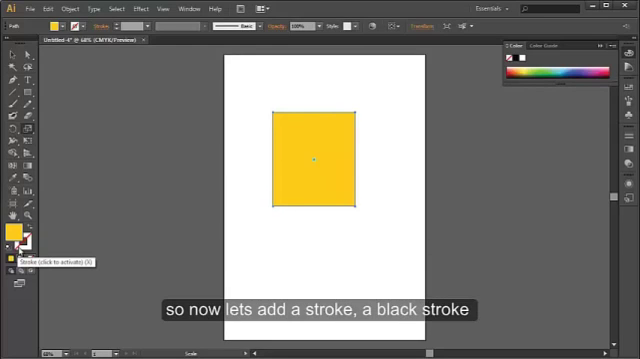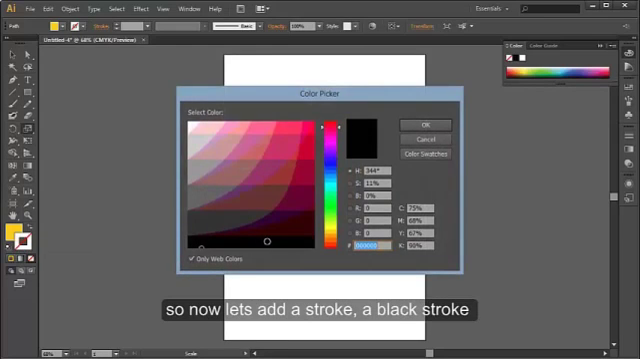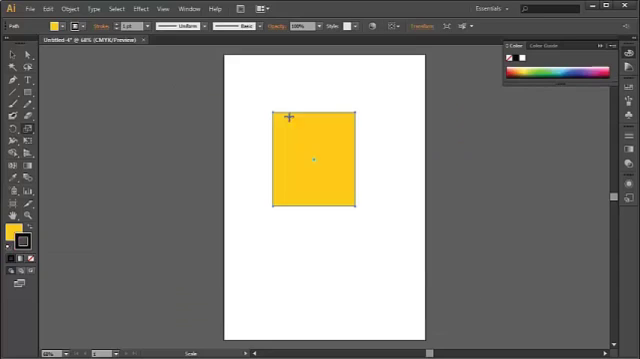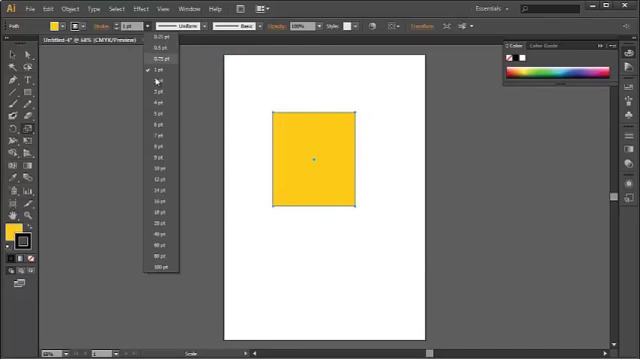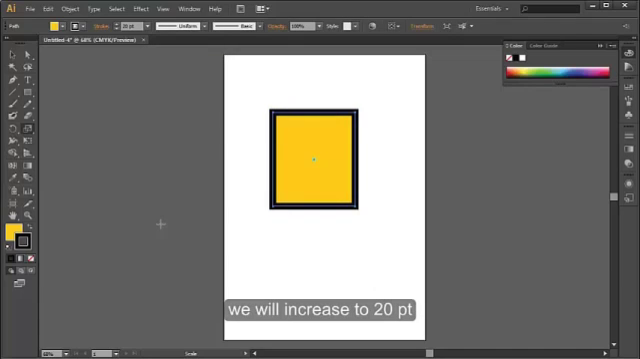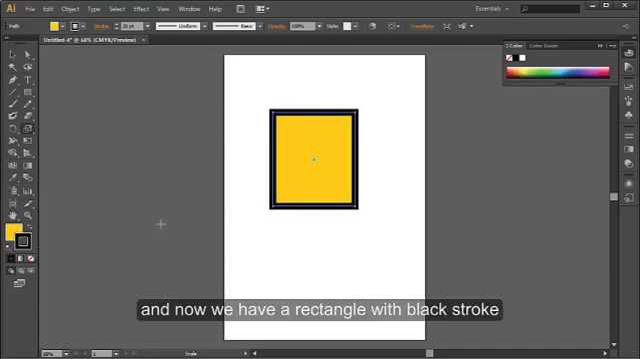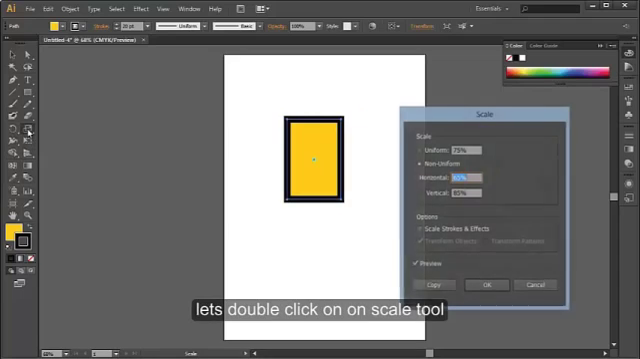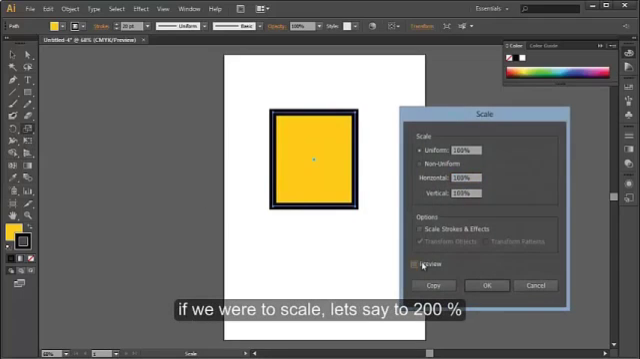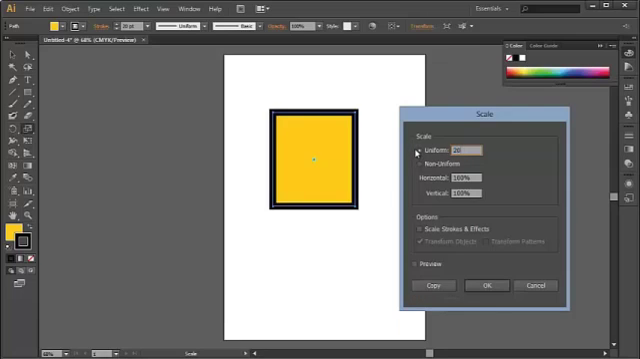So now let's add a black stroke and increase the size of the stroke. We'll increase it to 20 points, and now we have a rectangle with a black stroke. Now let's scale the object. Let's double click on the Scale tool. If we were to scale, let's say to 200%,